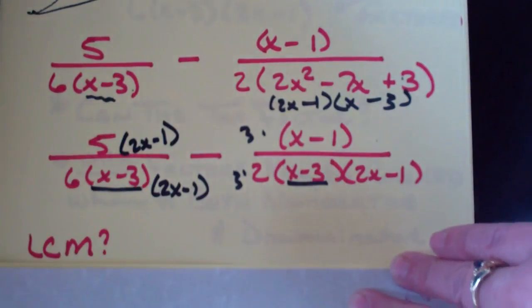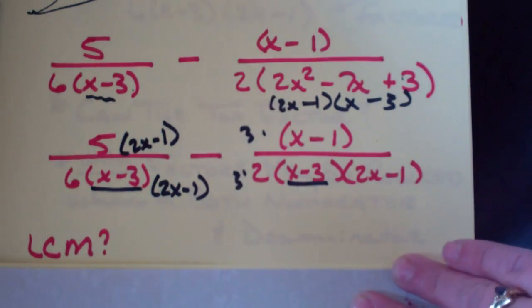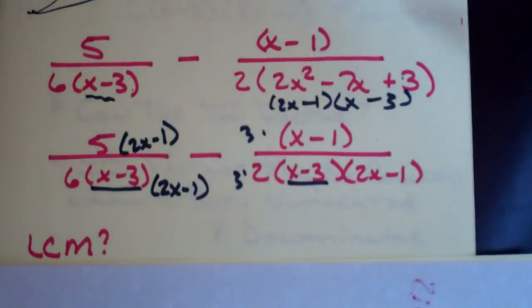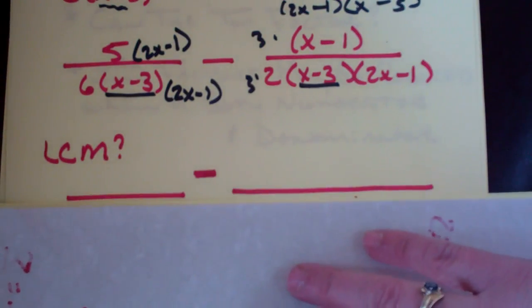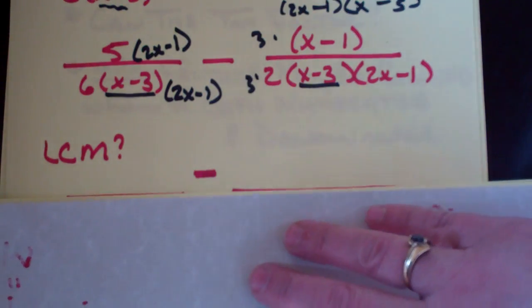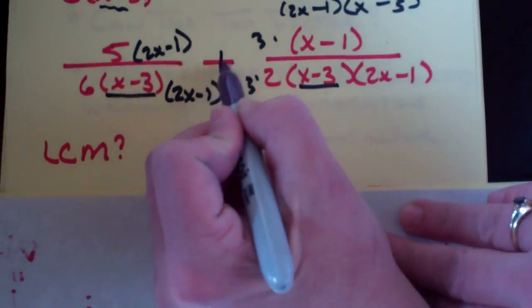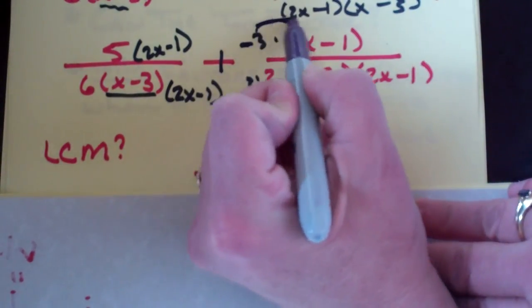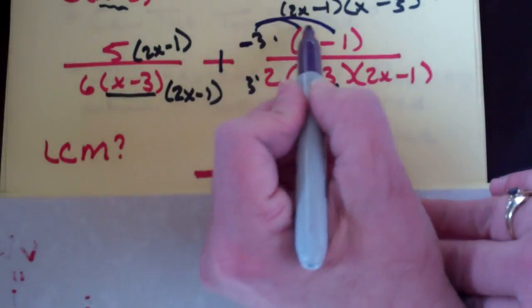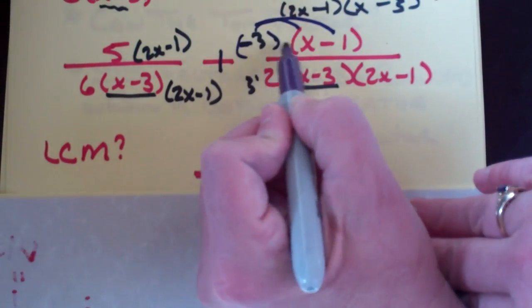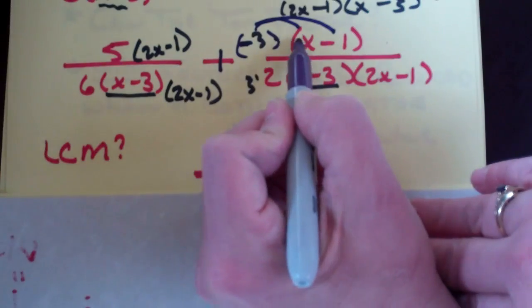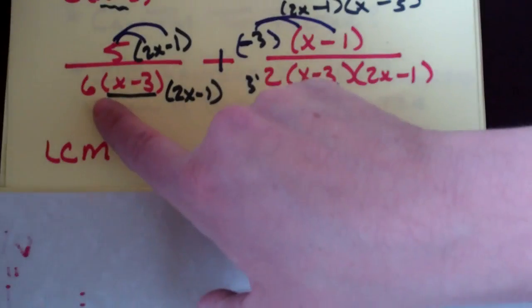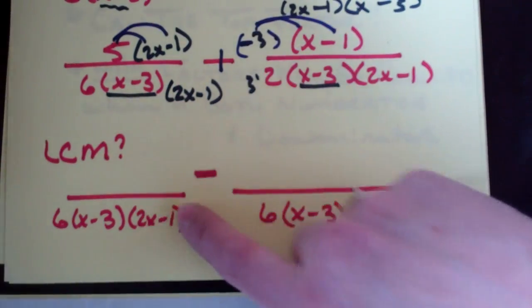A couple of safety tips you have to really keep an eye on: in our very next step we will put these all together as one denominator. Well, I guess I didn't do that quite yet, but what we're going to do is go plus a negative sign. So we have this negative 3. This negative 3 is a factor distributing into this factor. The 5 will distribute here. So, having a common denominator of 6, x minus 3, 2x minus 1,